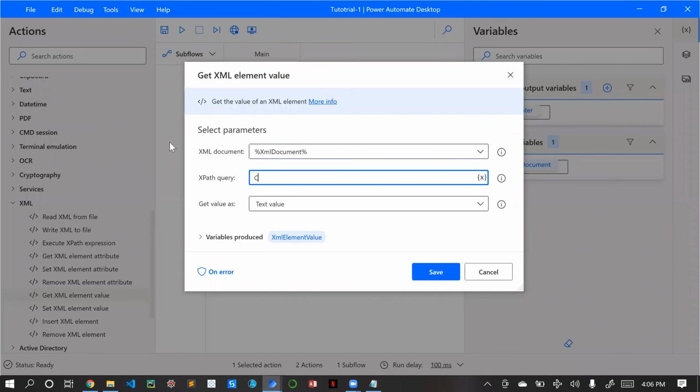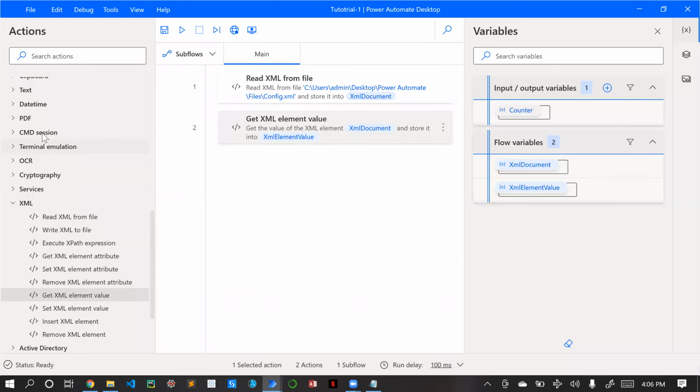If you want to give that, we will be giving config, and the next thing is country one. By default it will be in text. If you want, you can change the data type of the output as per your requirement. As it is a text, I will just leave it in text format, and the value will be stored in this XML element value.